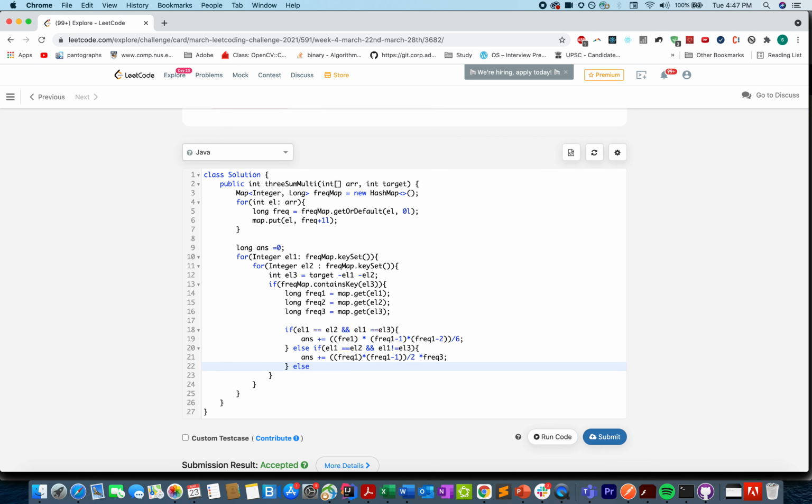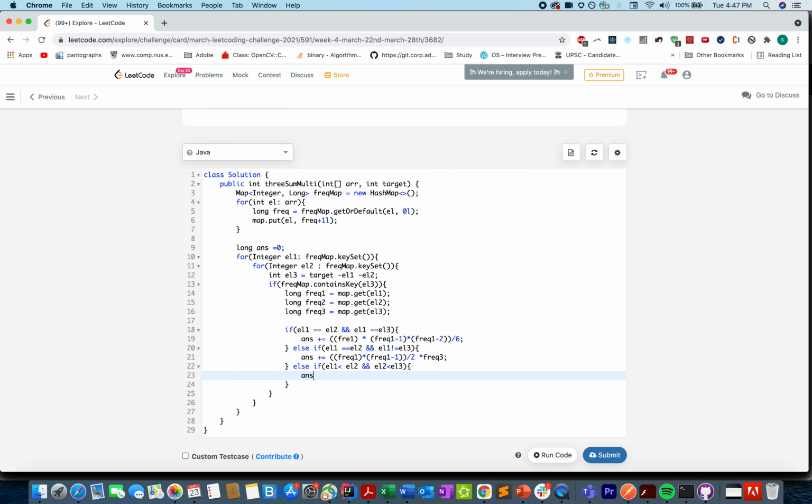Awesome. And let's write the third case. Else if el1 is less than el2 and el2 is less than el3, this is the third case, then the answer would be updated by frequency 1 into frequency 2 into frequency 3.